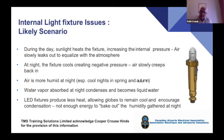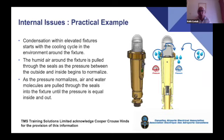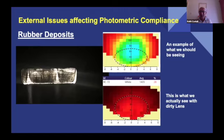And I've got one more slide to show on this one. It's taken to say thank you to the Canadian Airports Electrical Association and Crouse-Hinds for sharing this, and I think this right-hand side one here is nice. You get the higher pressure, you get the lower pressure, and that's what happens inside. Really, it's something that we need to take into consideration as we look at LEDs and the future. So, moving onwards to external issues,